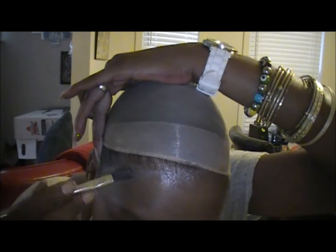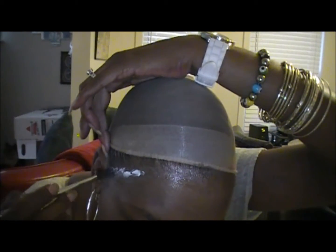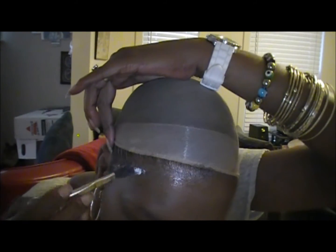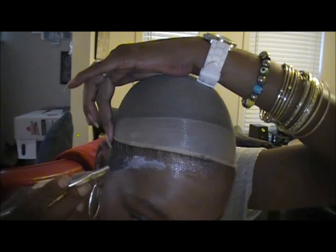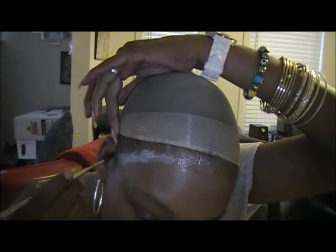You notice, people, another dab. I positioned my camera differently today, so that you can definitely see this process. Usually I have my camera off to the side, but today